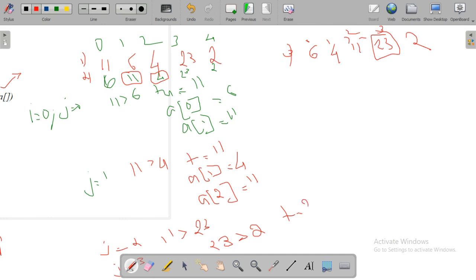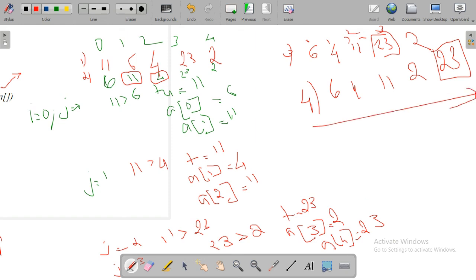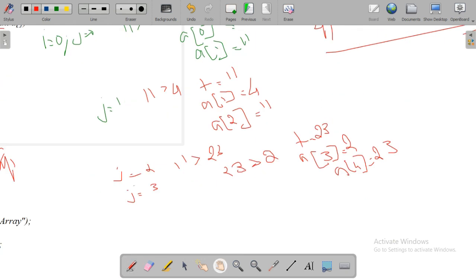Then what is the condition? a of 3 greater than a of 4. Yes, a of 3 is greater than a of 4, so 23 greater than 2. Temp is updated as 23, a of 3 is updated as 2, and a of 4 is updated as 23.